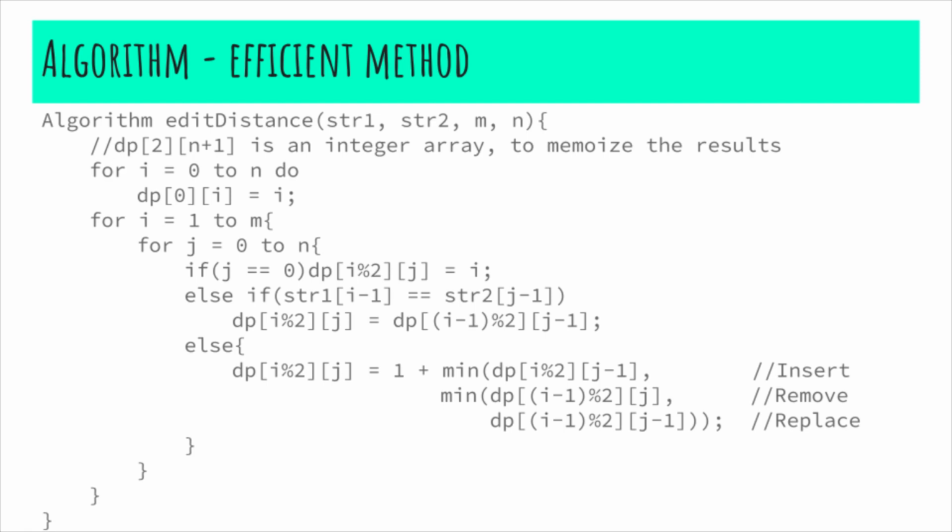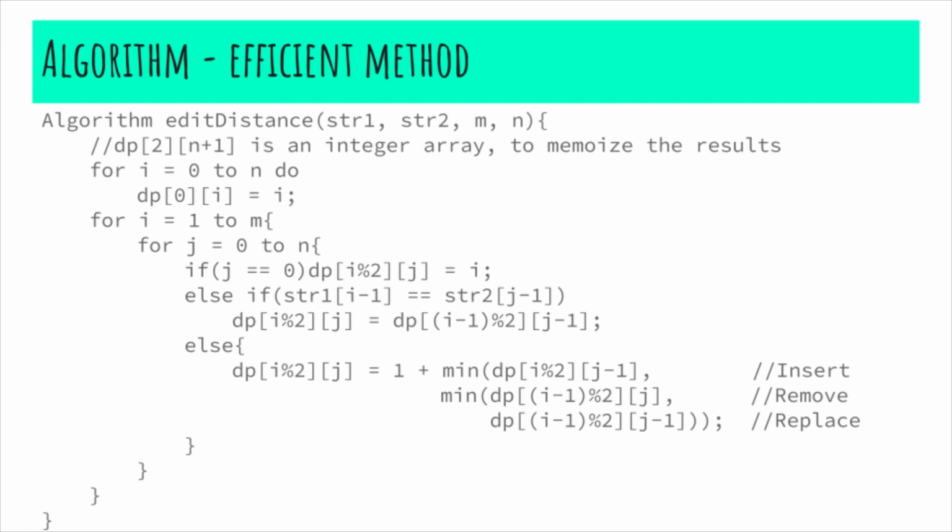If the first string is empty, then we have to perform the add operation to get the second string. If the characters from both the strings are the same, then we do not perform any operation. Here, i mod 2 is to ensure that the value is bound within the row number. If the characters from both the strings are not the same, then we take the minimum from all the three specified operations. After filling the DP array completely, if the length of the second string is even, then we end up in the 0th row, else we end up in the first row, so we take the mod of the length of the second string in order to get the row.